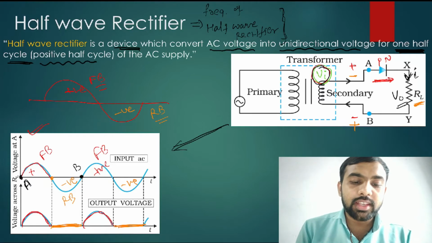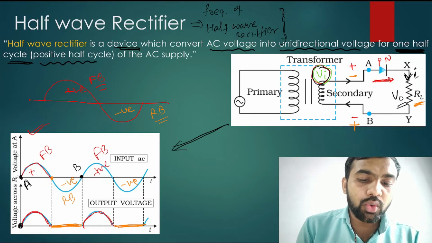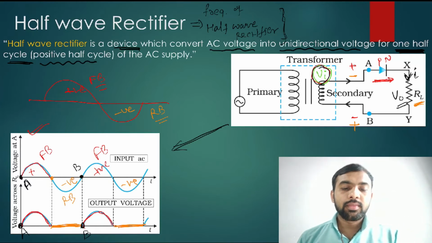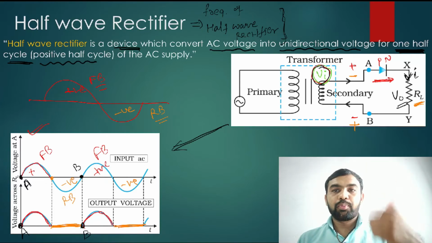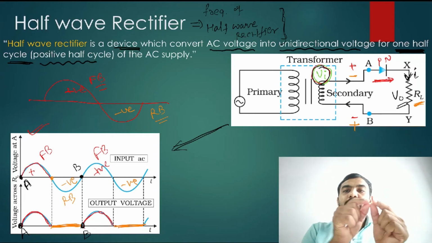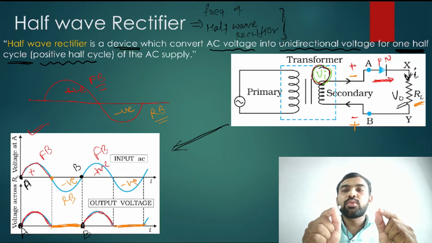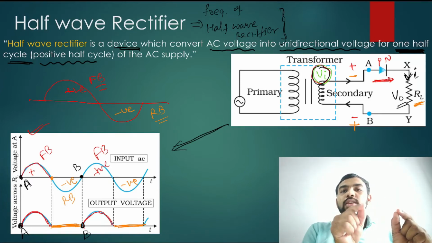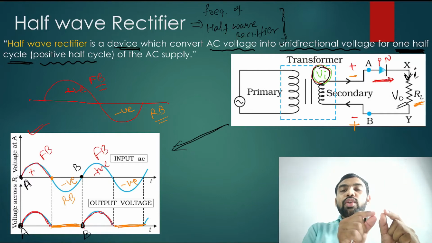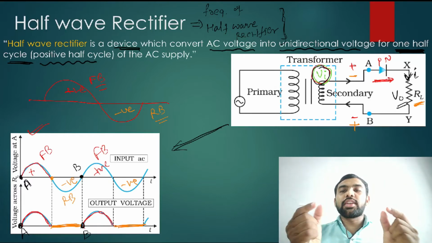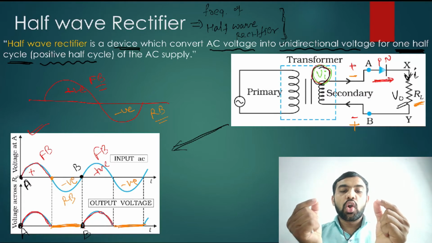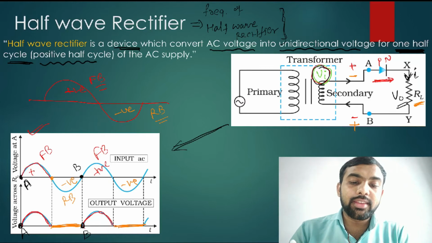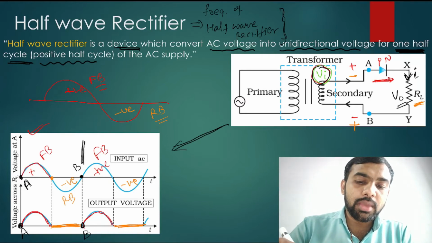So what happens in this case to the output voltage? This is the output voltage. It starts from A and ends again at B. That means after this time it is repeating. Its figure is like this: positive, straight, again positive, straight. When it starts repeating, that is the frequency of the output, and this is the frequency of the input. Both are repeated at the same time, both are repeated at B.